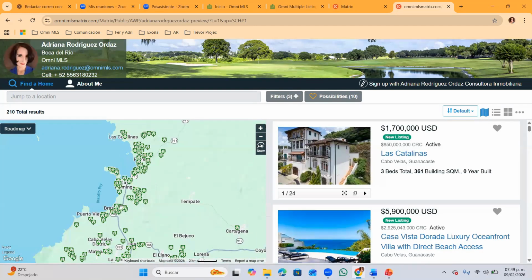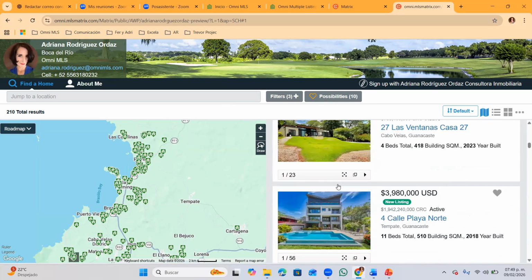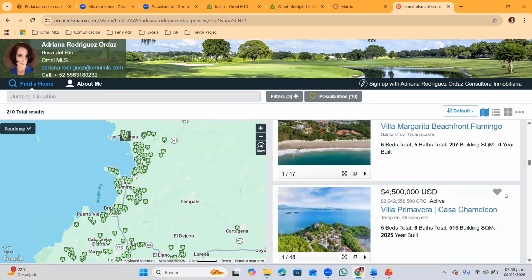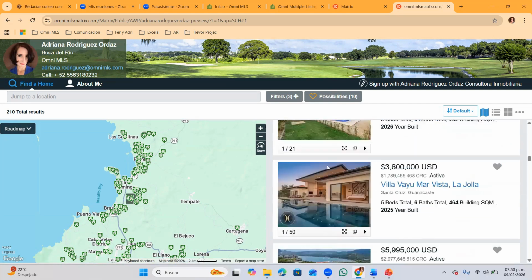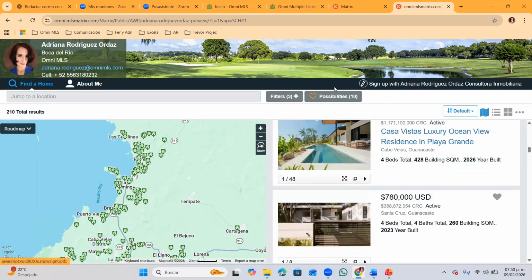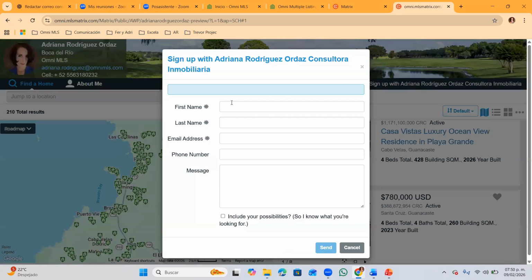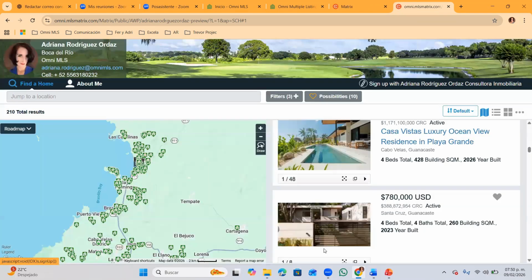The little houses will appear with a green marker, and the properties will be shown on the right side. They can always click the heart to save a possibility, and these will be recorded at the top. So that when they send you a request, here where it says Site Note with Adriana Rodriguez, their information will appear for us. They can pre-fill this information and include all the properties they have selected. They send it to you,